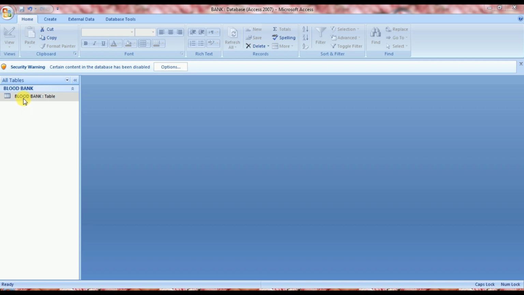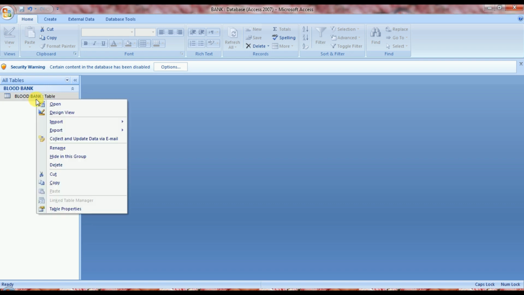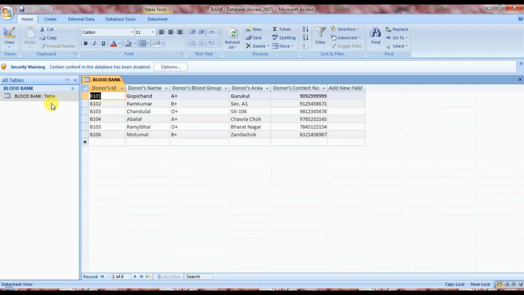Now first I will show you the table fields and its data. Here we right click on the table and select the open option. You can see there are many different fields available here. First field, donor's ID. Second field, donor's name.